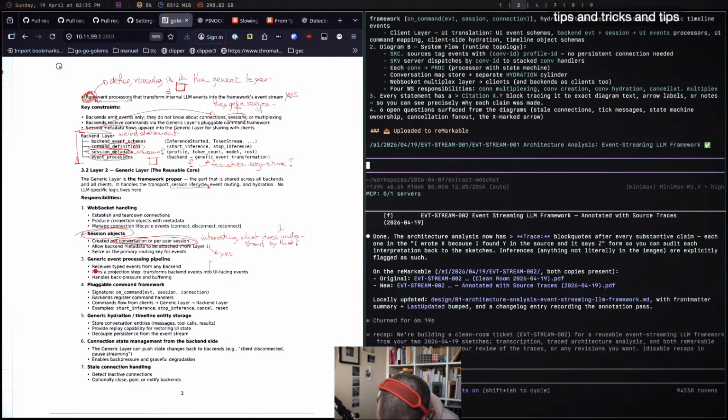Yeah, so running the projection step is also the thing that I was worried that it would do in the backend. It actually put it into the front end. So this is really interesting because I was worried that it would misinterpret that, but it looks like it really got it. And the other thing I was worried about is the backend to generic event transformation. It actually calls it backend event, UI-facing events, which is exactly right. Like this is one concept and this is one concept.